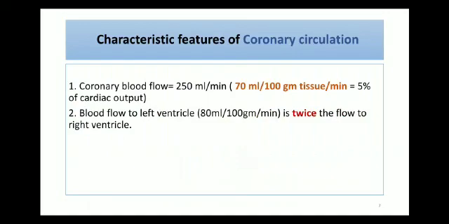Now coming to the blood flow of the left ventricle, that is twice that of the right ventricle. The left ventricle has such a thick wall, more muscle mass, more work it has to do. It has to push the blood to the systemic circulation, right? So the blood flow is also given more because its demand is more. Nature has provided more blood. What about the atria? They're very small. They're just giving blood to the ventricles. So the atrial blood flow is less. It is one-fourth of the ventricular blood flow.